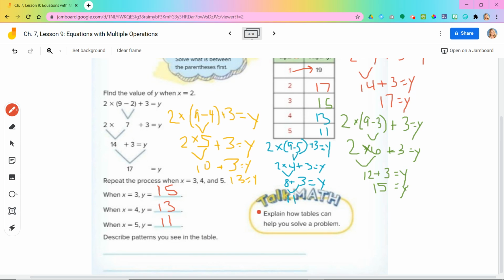Now, it wants us to describe patterns that we see in the table. So, a pattern that we see in this table is